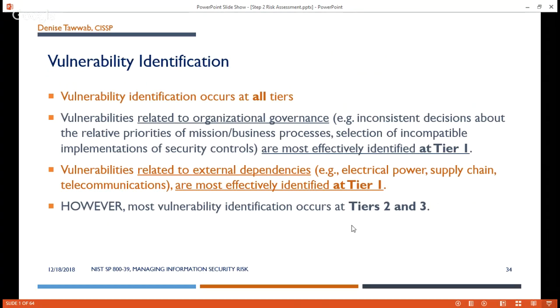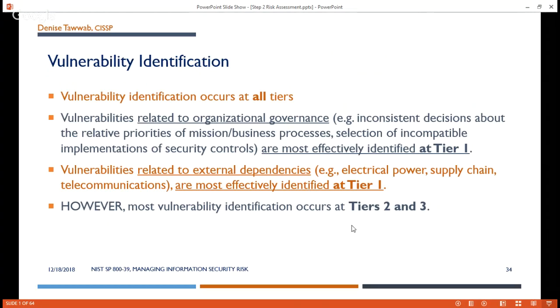Vulnerability identification occurs at all tiers. Vulnerability related to organizational governance, for example, inconsistent decisions about the priorities of business processes, selection of incompatible implementations of security controls, are most effectively identified at tier one. So any organizational governance vulnerabilities are identified at tier one. If you just don't have the governance structure in place, that's a vulnerability. Vulnerabilities related to external dependencies, that's your electrical power, the supply chain risk, telecommunications, are also most effectively identified at tier one because tier one,